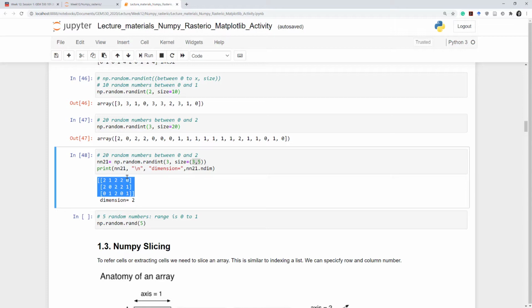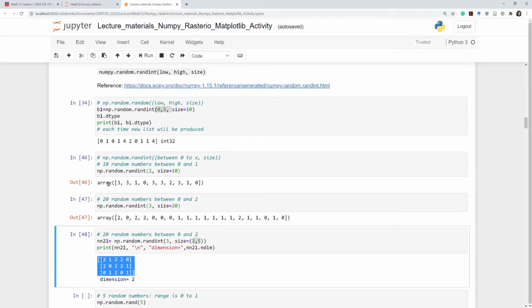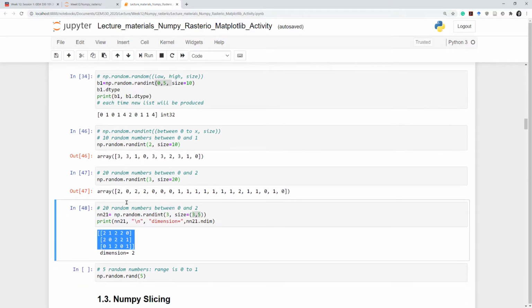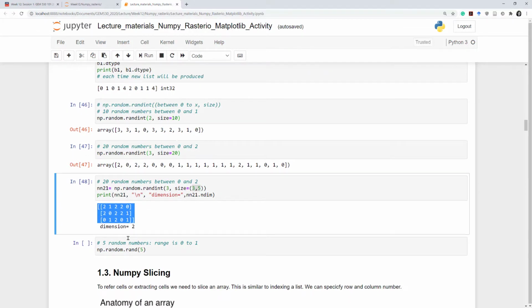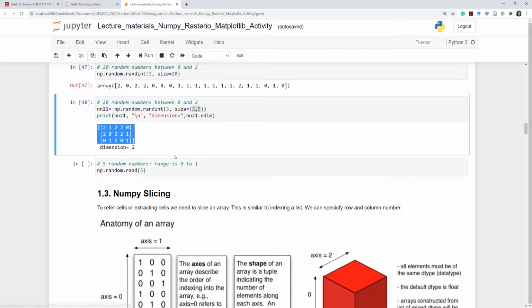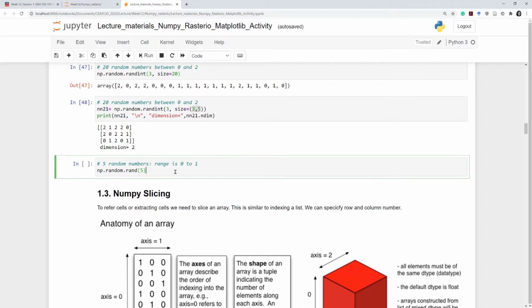That means in 2D we have our values. Previously we only had 1 row, which means there was no dimension. Now we have 2 dimensions. And then you can also ask for only 1 value rather than specifying the